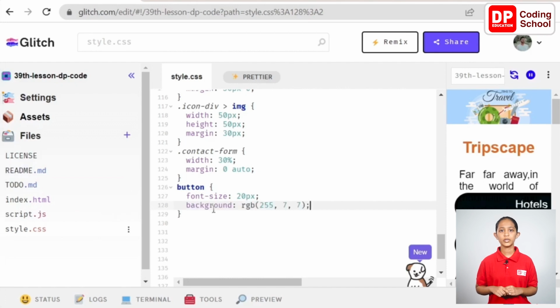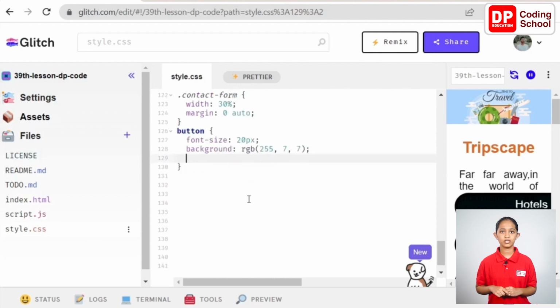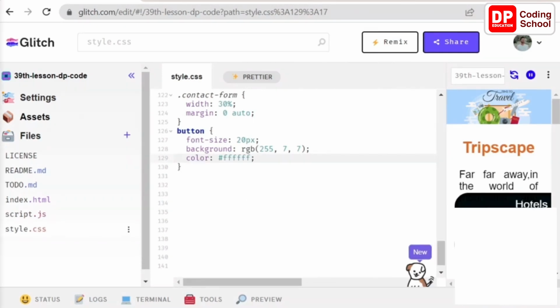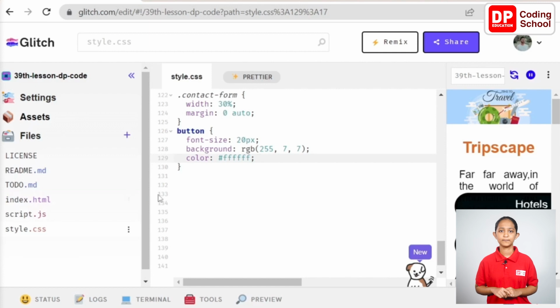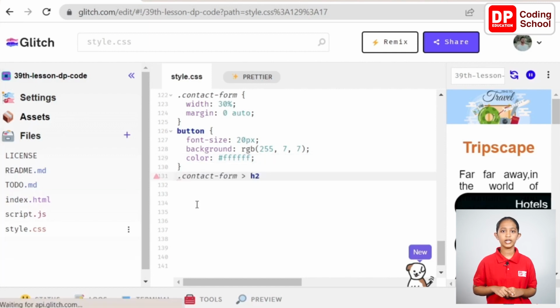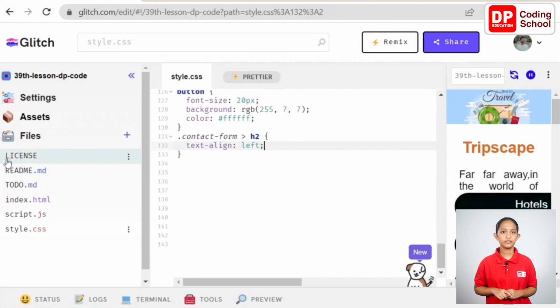Now from the 128th line, background: rgb(255,7,7); is given, with a semicolon at the end. Now from line 129, it is given as color: #FFFFFF; Now I create a class called .contact-form > h2 from line 131, and in between that, in the 132nd line, it is given as text-align: left;